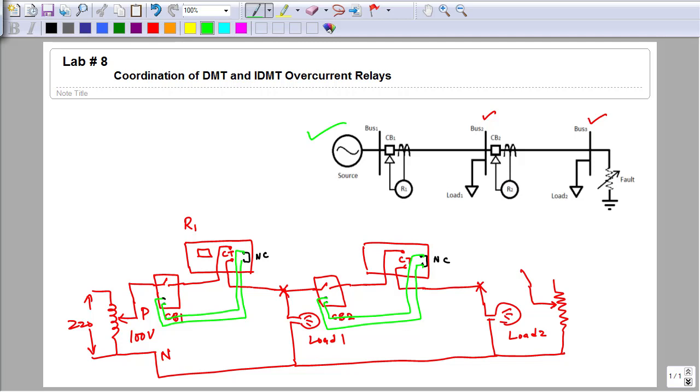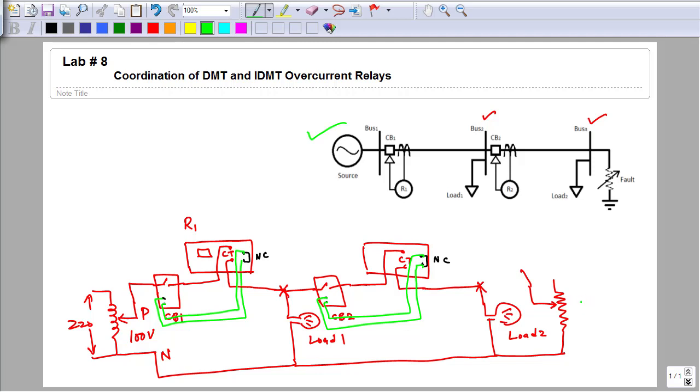Now the question is, what will be the value of this rheostat to insert the fault? Its value will be adjusted in such a way that across 100 volts it will produce the fault current. Fault current may vary from 4 ampere up to 7 ampere: 4 ampere, 5, 5.5, whatever will be assigned to the student groups. Divide this voltage by that fault current, and that will give the rheostat resistance.